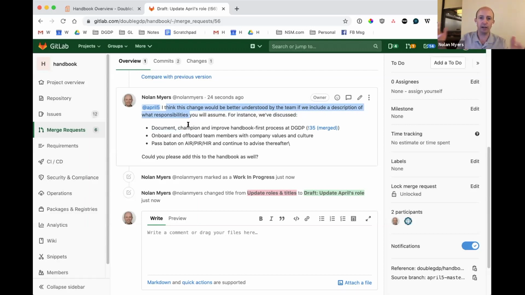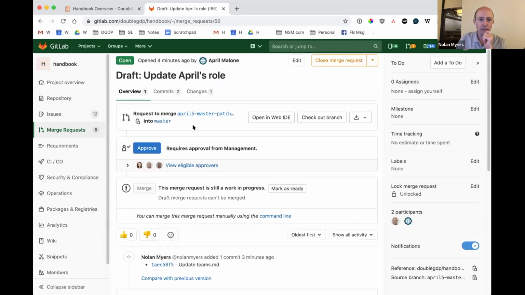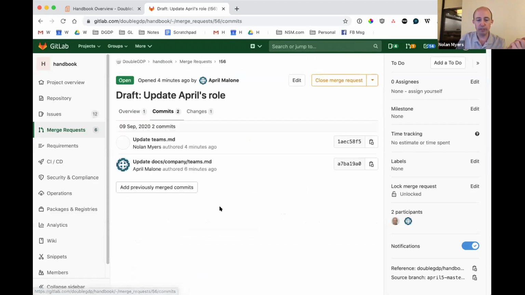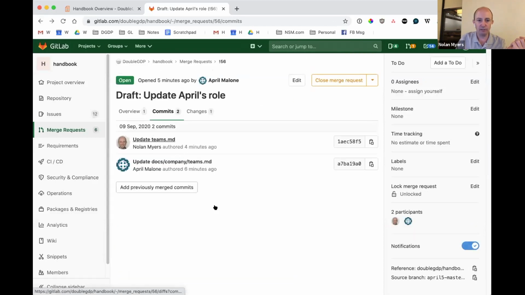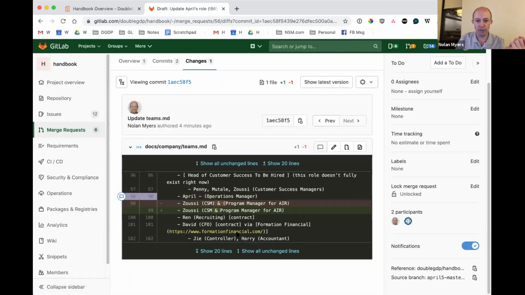So rather than rolling out 2 things or communicating 2 things to the organization, I'd like to just communicate it as one. So now we have a merge request that has 2 different commits to it, right? We have one that you made, which you can see here. You did it that way. And then we have a second that I've added on top of that, which is this, and I made this change. Do you follow? Yep.